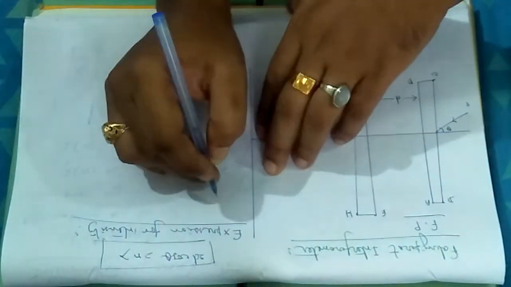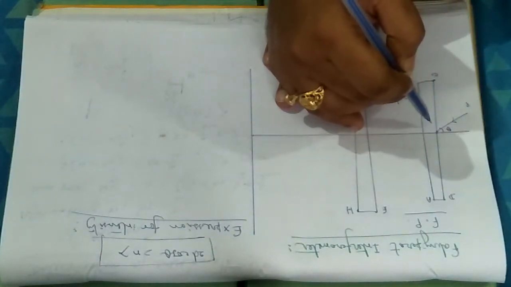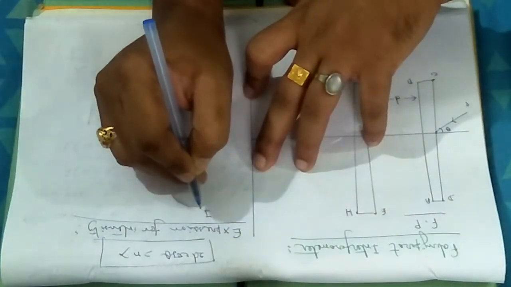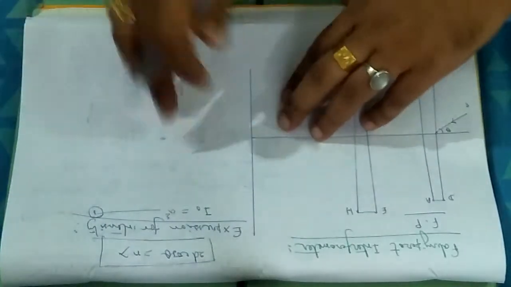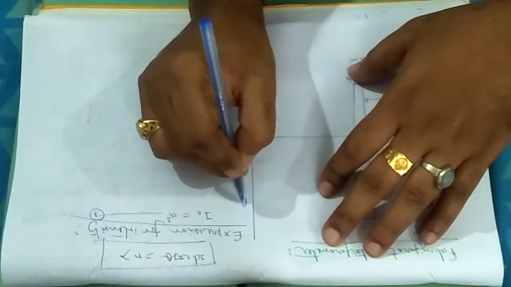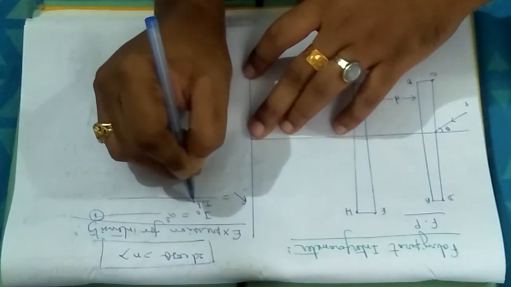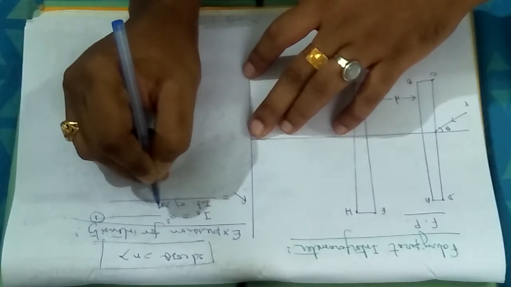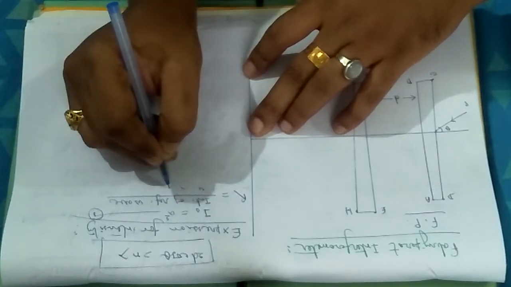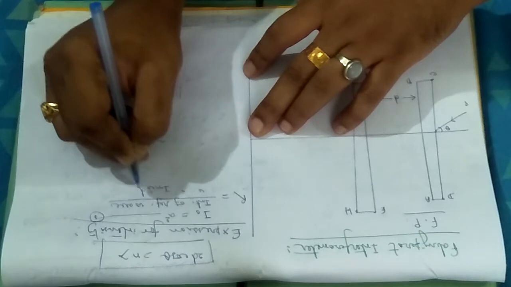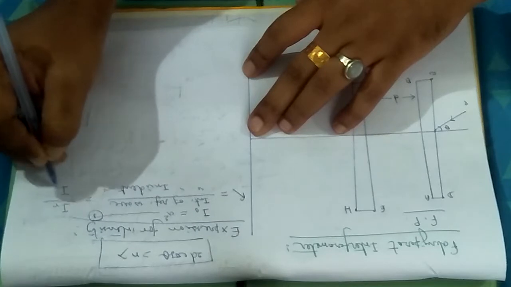Expression for intensity. Let us consider that the incident ray falling on the first glass plate has intensity I0, which is its amplitude squared. Let it be equation number 1. Then the reflection coefficient R can be written as the intensity of the reflected wave divided by the intensity of the incident wave, so it will be IR divided by I0.